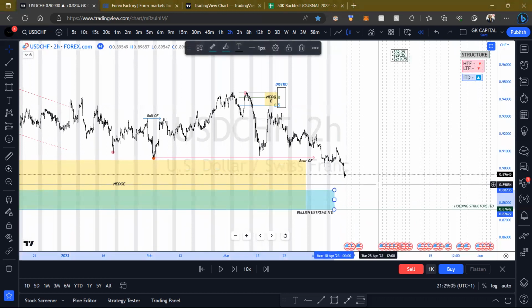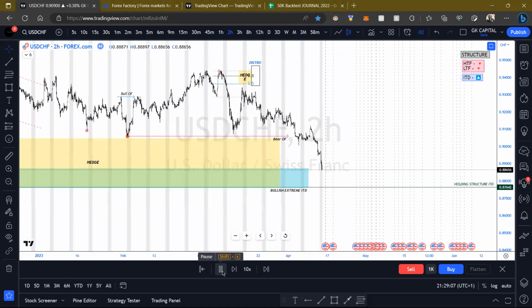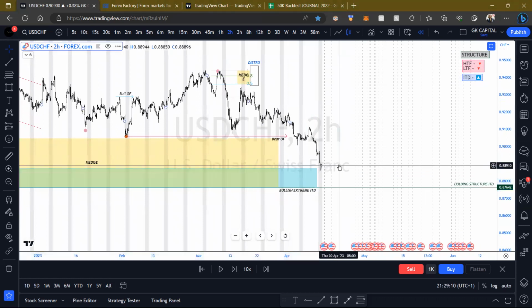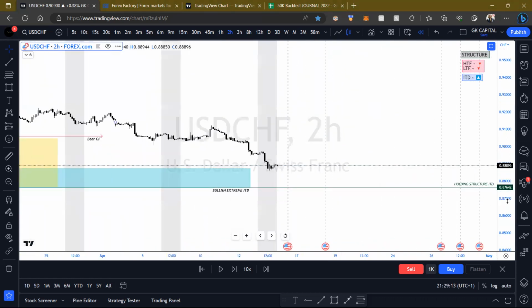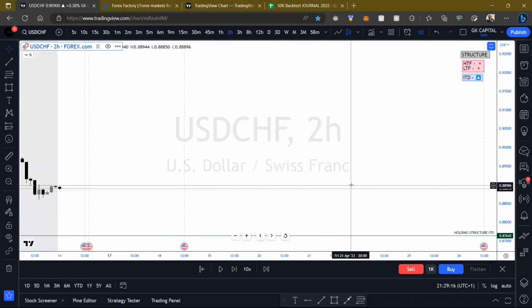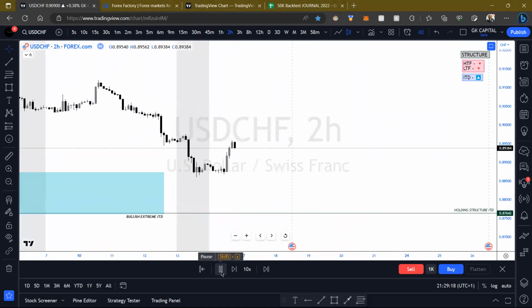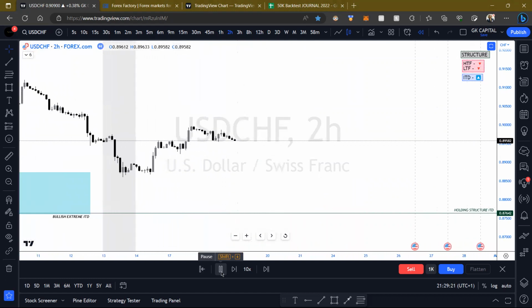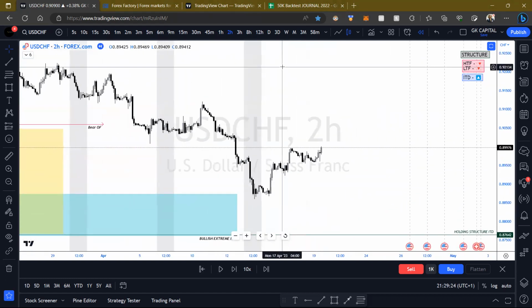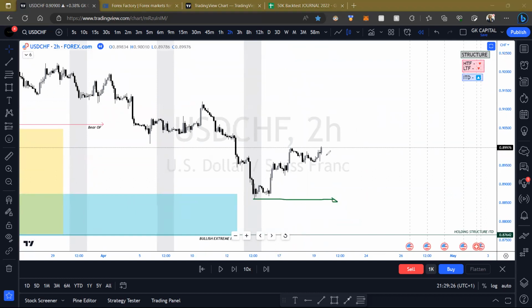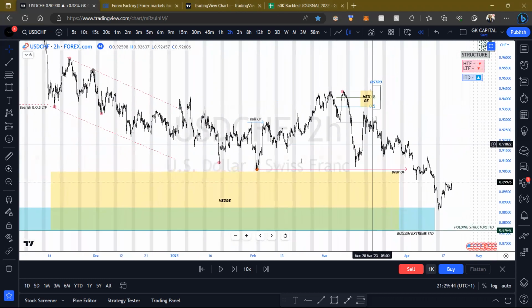Okay, so price is coming up into here now. See what we can do. Okay. Now this would be a bit different if we do get another low here, and if I can get into this right here. The reason being is because if I can get into this and price does make a low, then that's the perfect hedge I could be in. Because remember, I'm not in a sell right now. It's a different scenario. I'm not in a hedge right now, right?